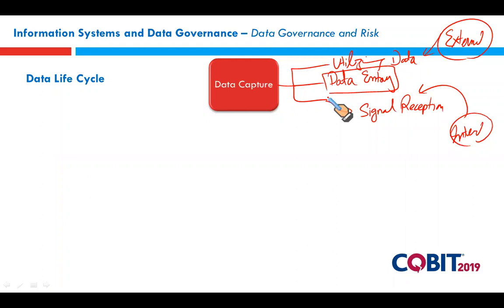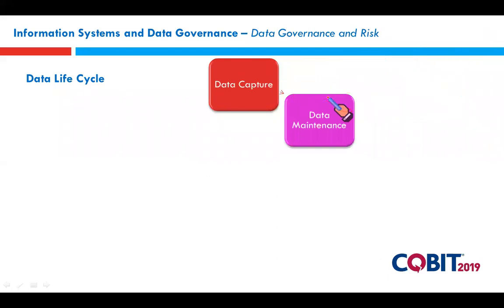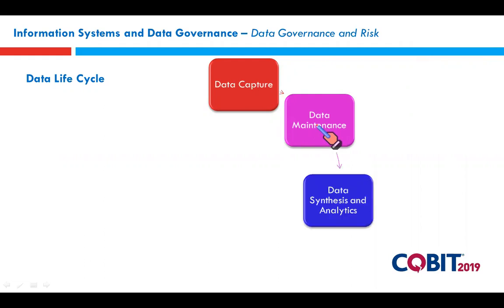Now you have gathered the data, you have inputted it in the system. The next phase is called data maintenance. Data maintenance means processing the data through our computer system, but yet we are unable to draw any conclusion. We cannot derive any value from it. So data maintenance means just processing the data, and we have not yet drawn any benefit from the processed data. That's called data maintenance.